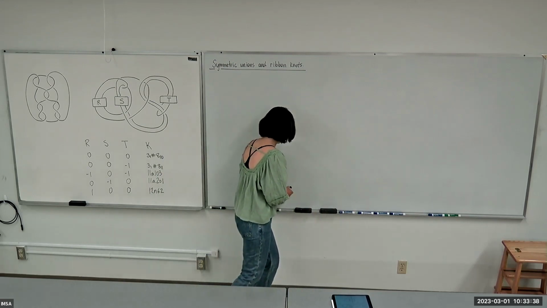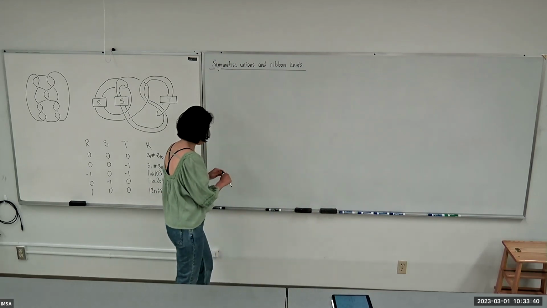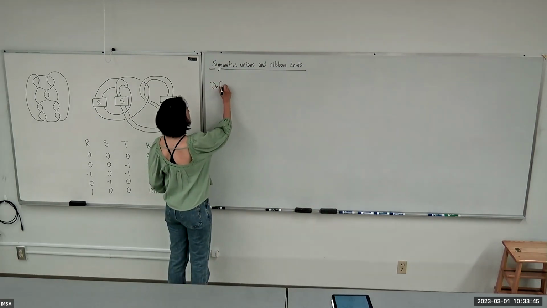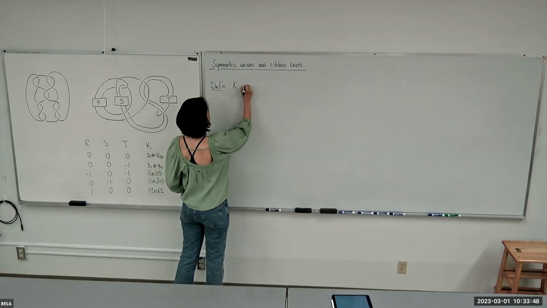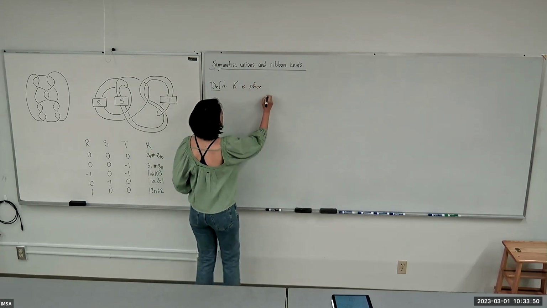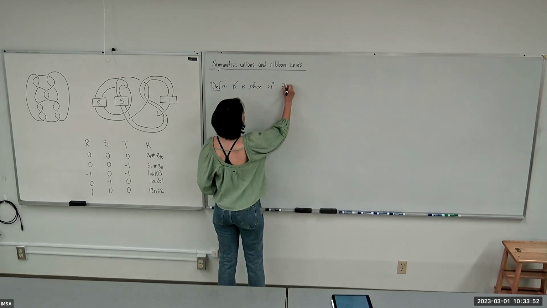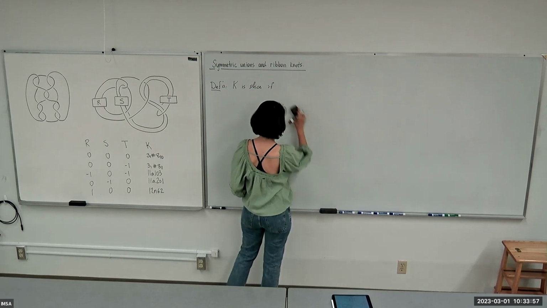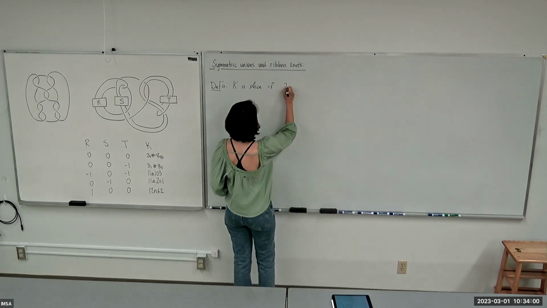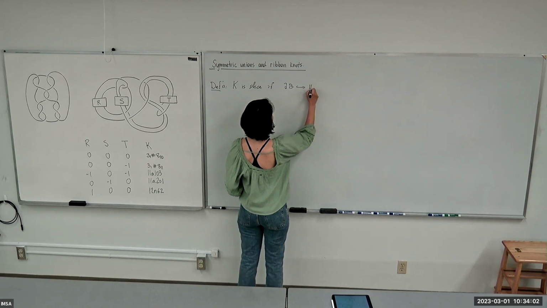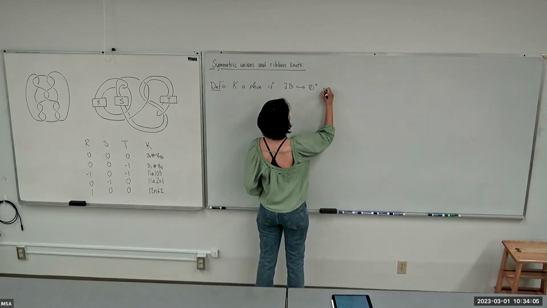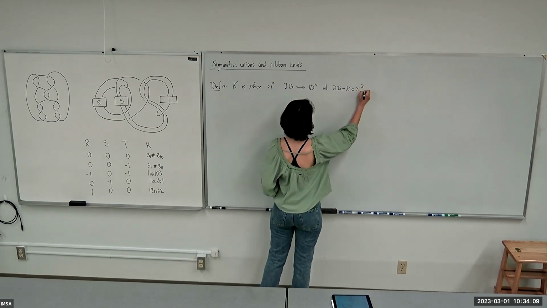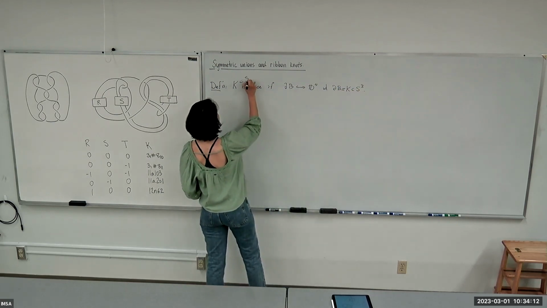Okay, so maybe I should have, but I will still give the basic definition. We say a knot K is slice if it bounds a smooth ball, if there exists a smooth embedding of the ball, properly embedded, such that